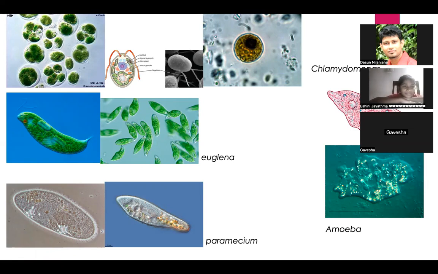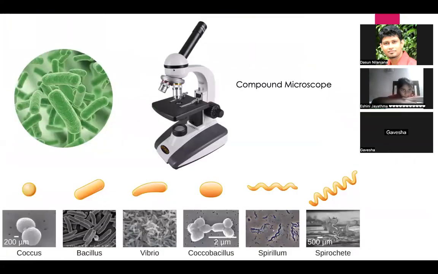These microorganisms will start growing. Right? These microorganisms will start growing, and after maybe 1 or 2 days, you can take a sample of this hay infusion. Just take a sample and put a drop into the microscope and watch it. Right? Then you can see a lot of bacteria, a lot of algae, a lot of fungi living there. Right? So that is using this compound light microscope.